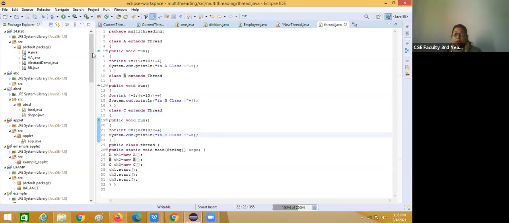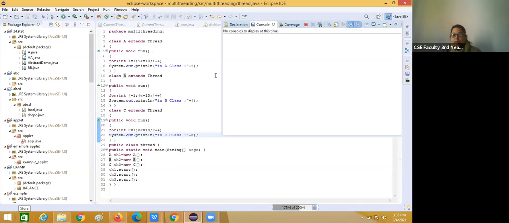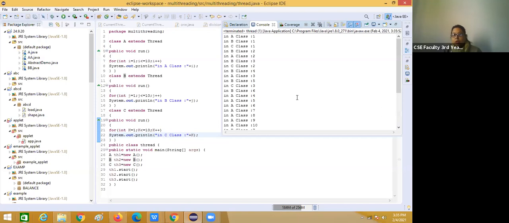But when we execute, one thing you can see here: in A, class 1 is printed. But in B, you can see next is B class 1, then C class 2, then B again prints 2 here. Why?